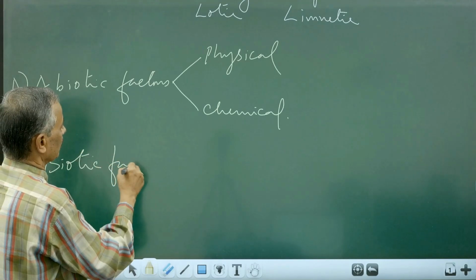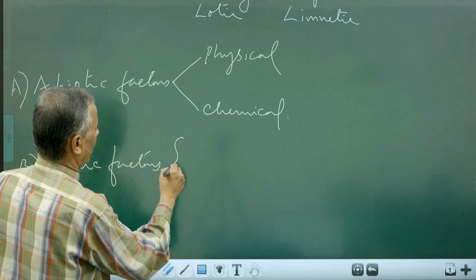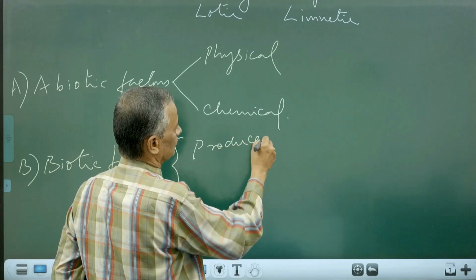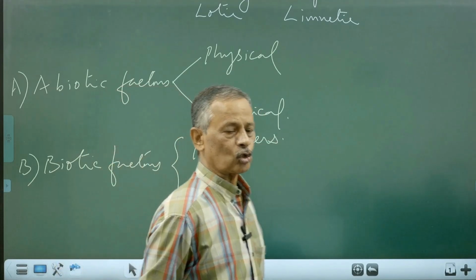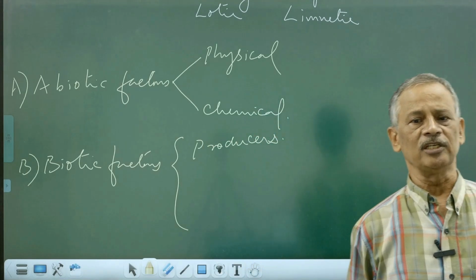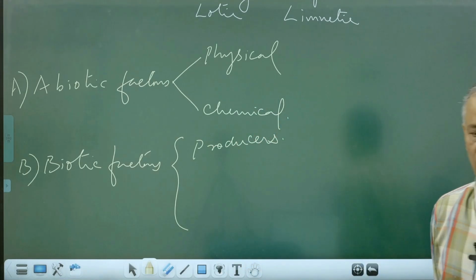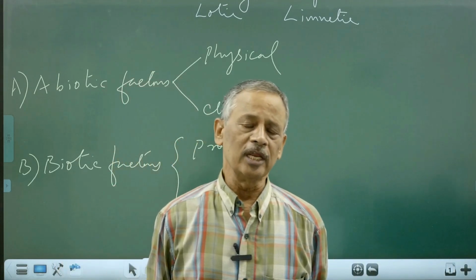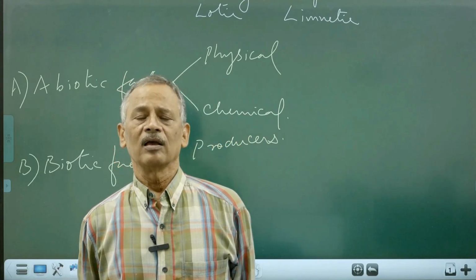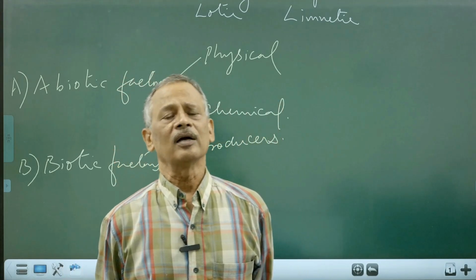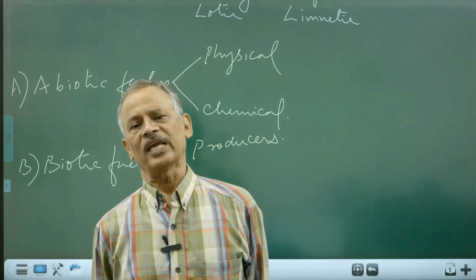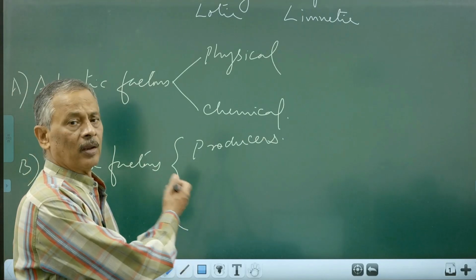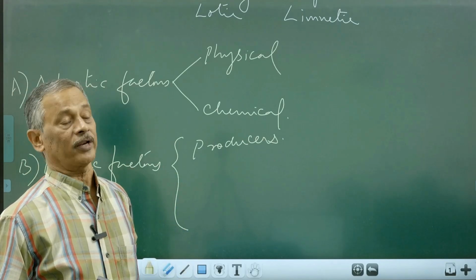These biotic factors are of three types. Namely, you are having producers who are all autotrophs, who are all producing the energy for the survival of that ecosystem. So there are all mainly photoautotrophic green pigmented plants and green pigmented other organisms, small diatoms, etc. in aquatic environment, algae, etc. They will be producing organic material.